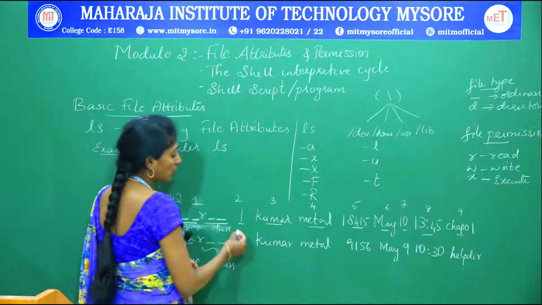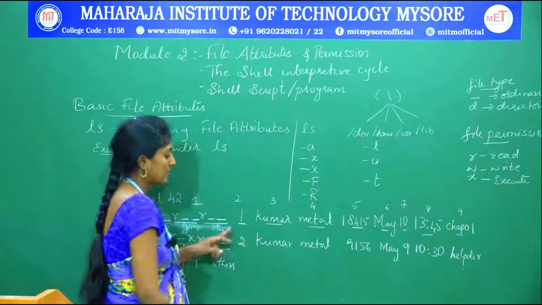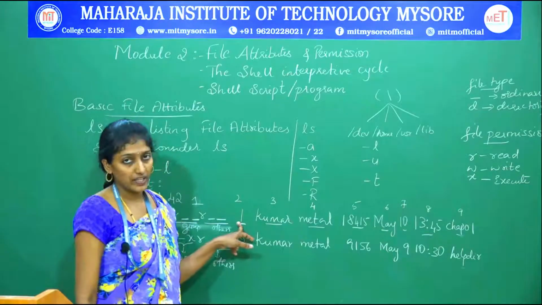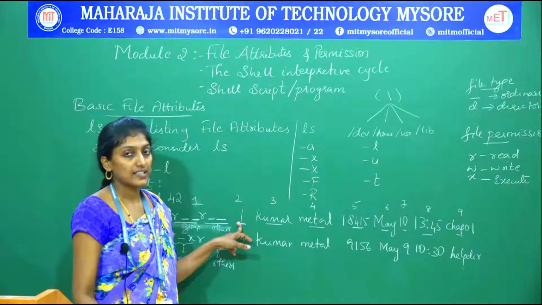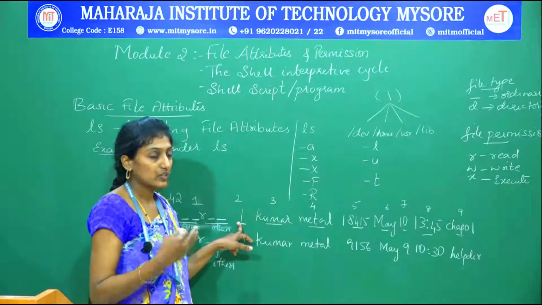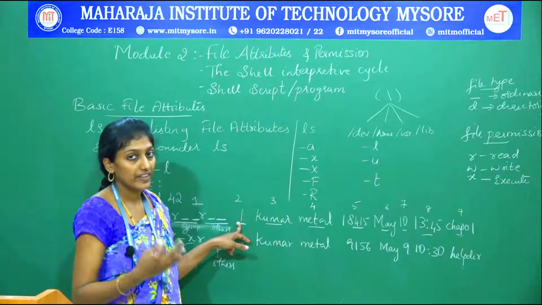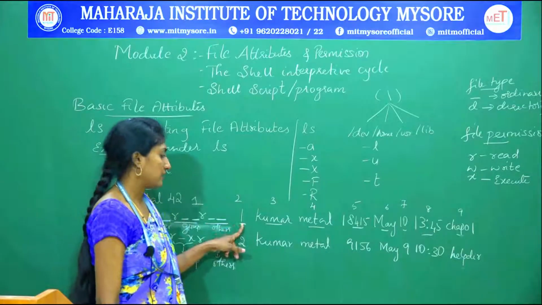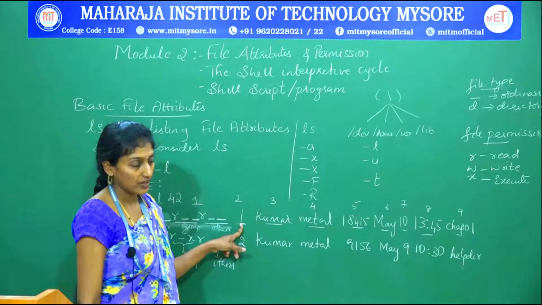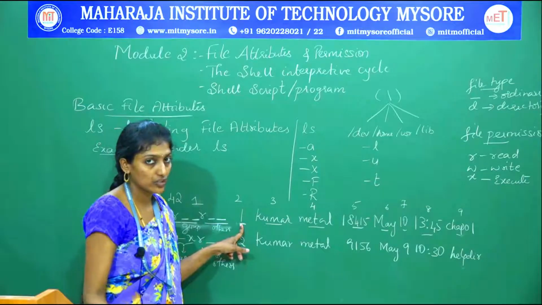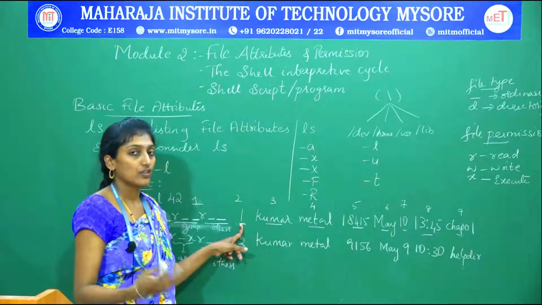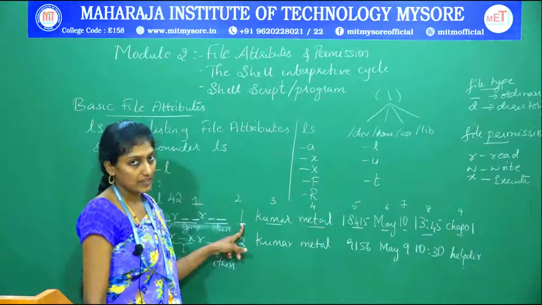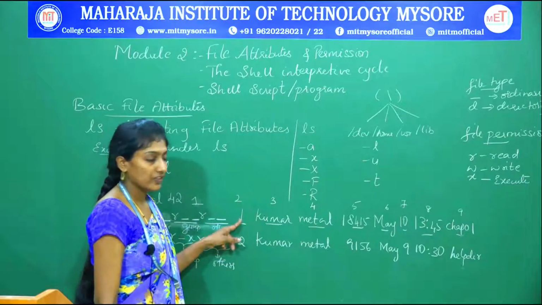So what is the next column of output? The second column represents the file link. The file link means the number of files linked to that particular file. So how many files have been linked for that file? That number is specified in this second column. Whether it has been linked for the user, for public, for other users or multiple users, that number will be displayed in the second column of your output.